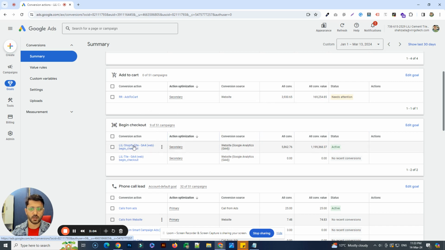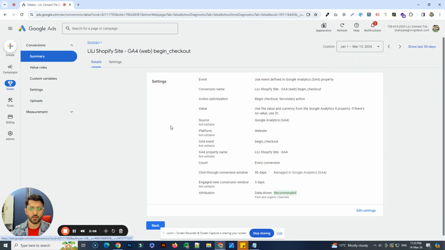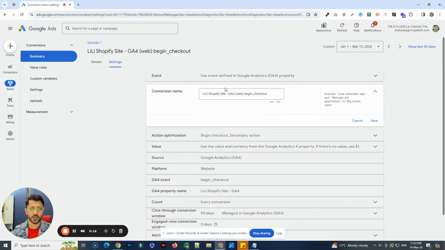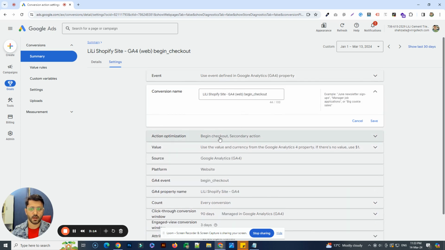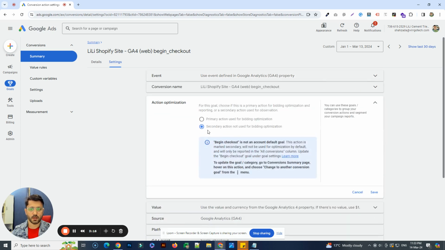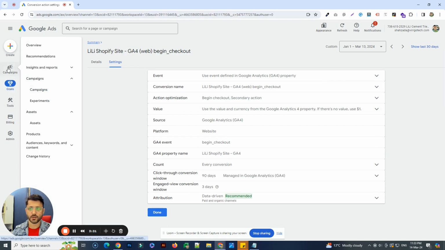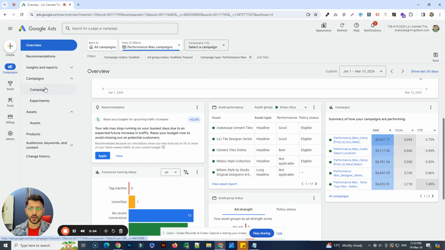And the way to do that is you just click on the conversion event, and you can see here, if you go to edit, go to the edit settings, go to conversion action optimization. Here you have an option to either set it to primary or secondary action that's not to be used for bidding optimization. So once you're done with these basic settings, you're going to go to the campaign section,